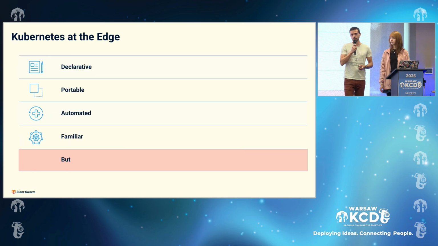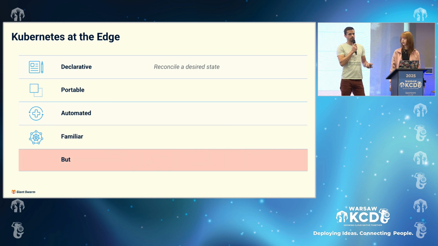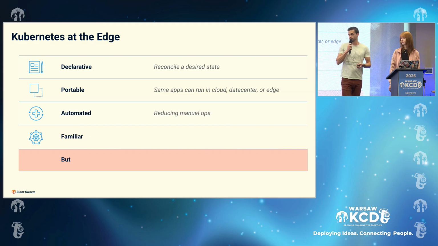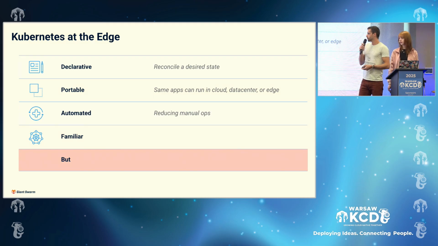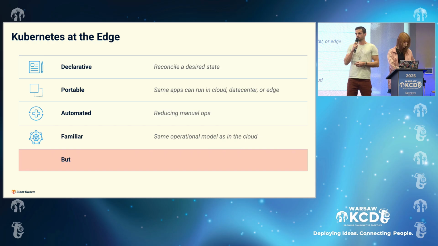And this is where Kubernetes already solves most of these challenges for traditional IT by being declarative. Having a declarative API means that we describe a desired state and then the system will make it real for us. It is portable, so we can run the same applications whether we're in the cloud or at the edge. We use reconciliation loops in controllers, the traditional Kubernetes way of life. So we save some manual operations and we get the familiar Kubernetes API that we already use